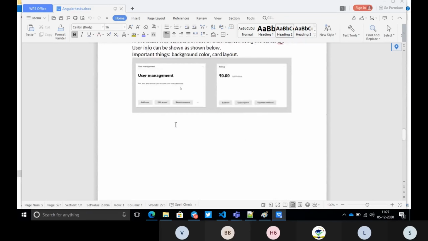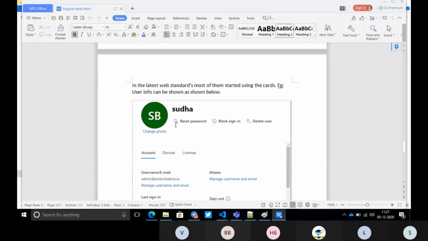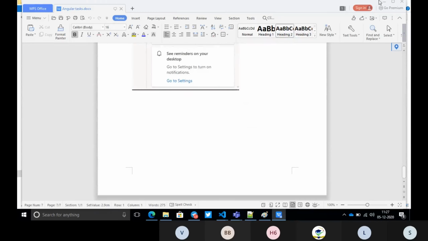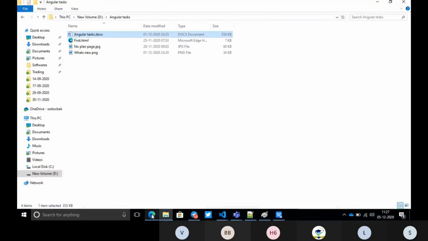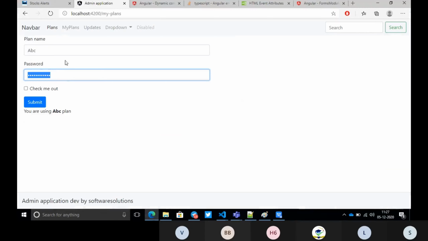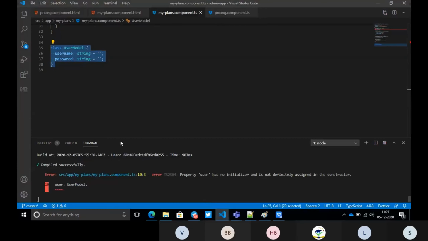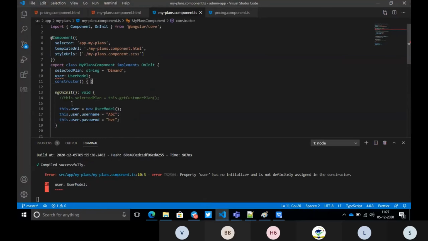No other form examples. The basic thing is that however many fields you have in the UI, those many properties you need to create in the model, and that model you need to bind to this class and initialize with some values.